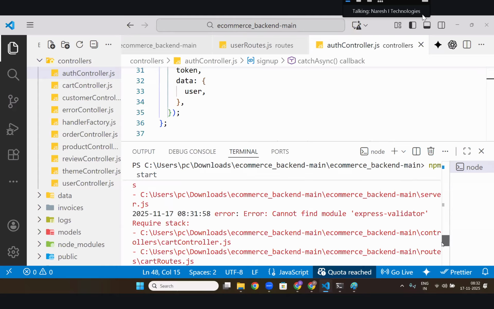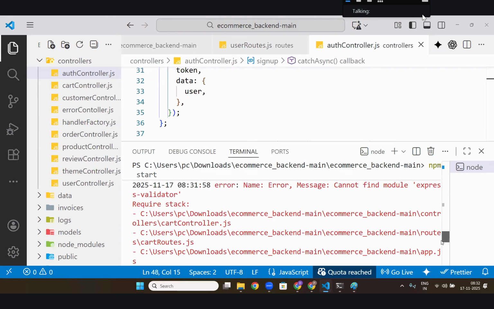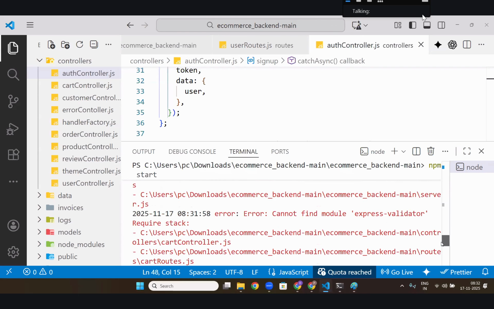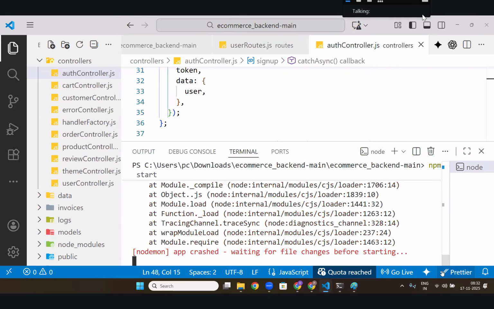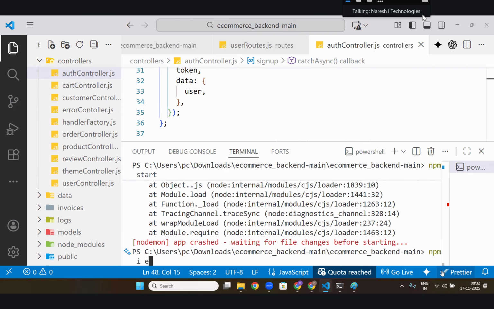Cannot find module express-validator. So npm install express-validator.